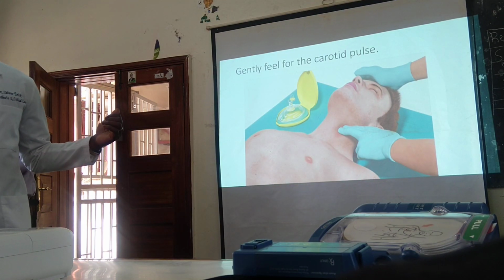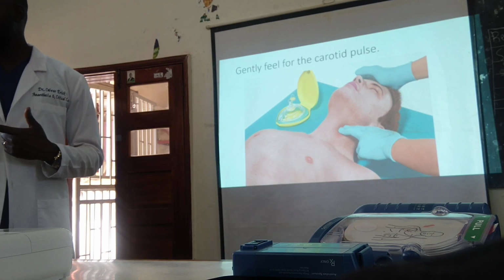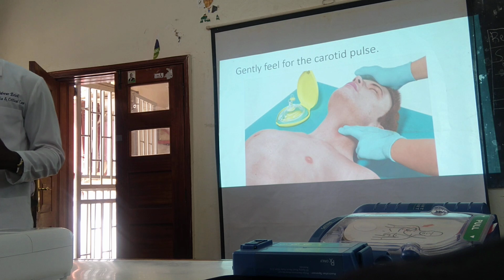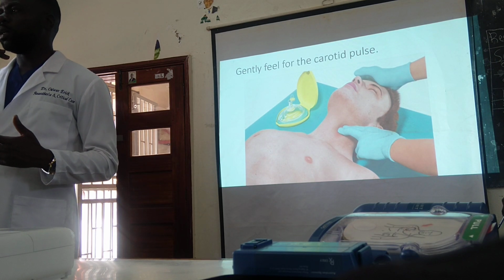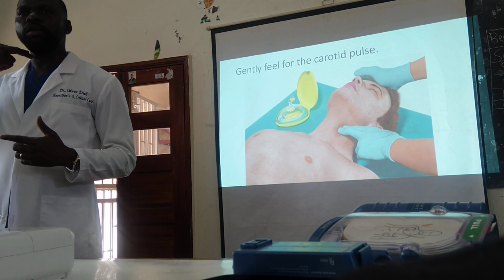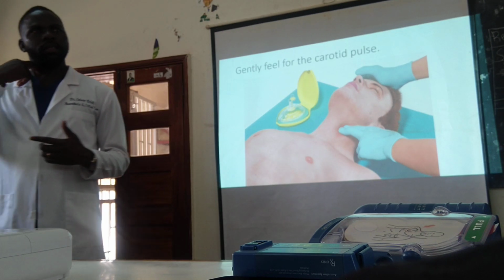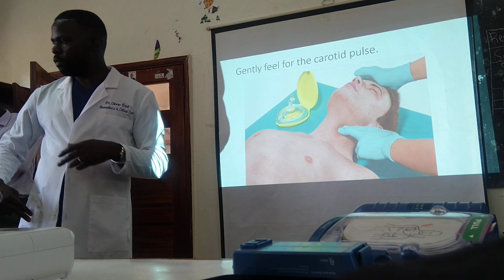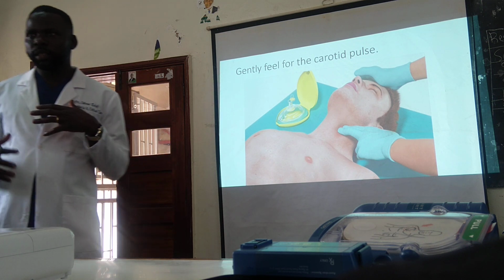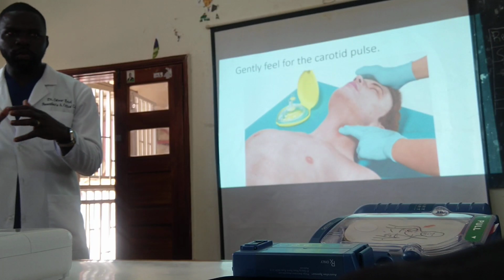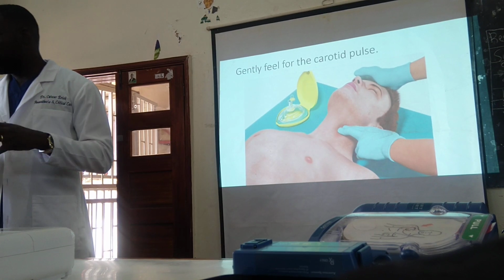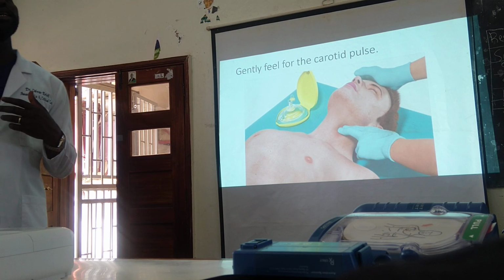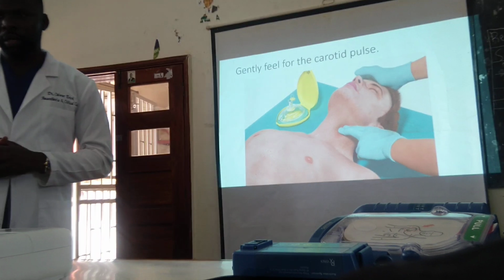This is where you check for the pulse, for the adult. For children, you can do 3 areas. You can do carotid, you can do brachial, you can do femoral, just because those bodies are small and there's not much distance in terms of the heart pumping blood. It's within a short distance. So you have 3 areas for children: carotid, brachial, and then the femoral artery.